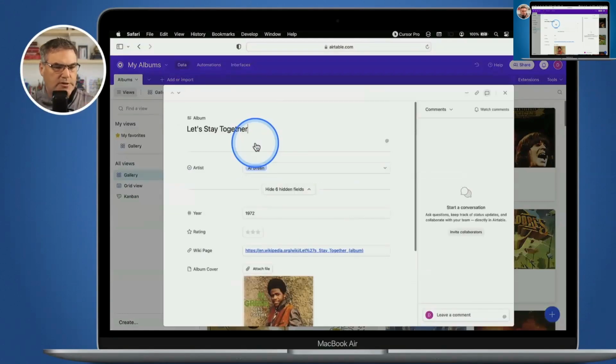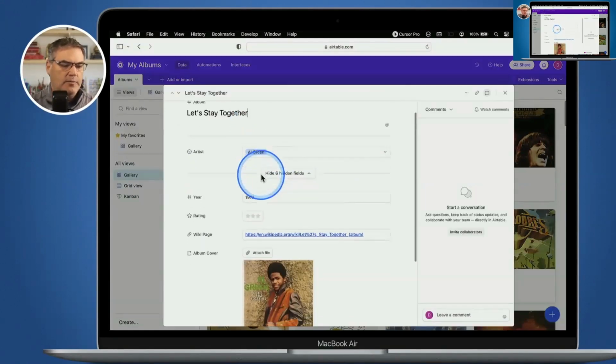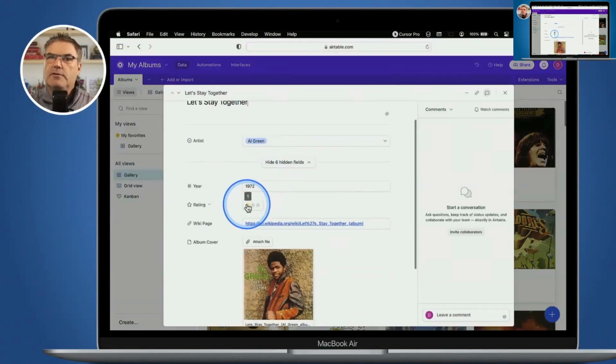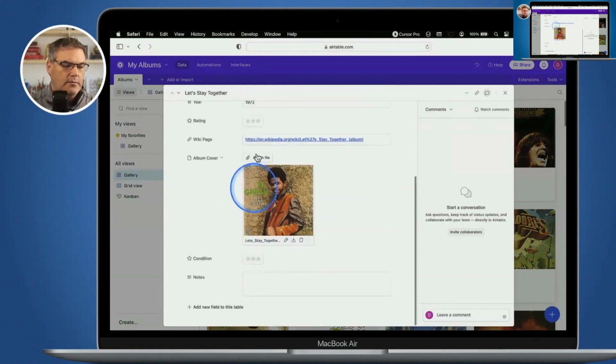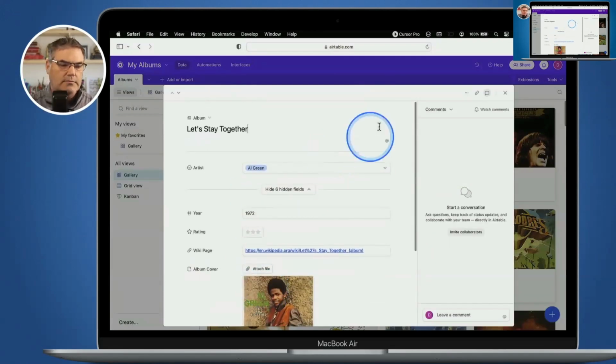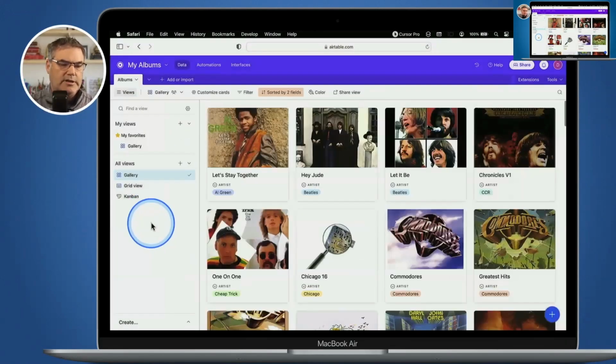What it does is it opens up in a little window here. And from here, I'm able to go and see all the different fields. So here's my rating, the wiki page. This is a link, and I have it linked to the wiki page. Here's the album. What is the condition? I can put any notes in here. And when I'm done with it, I just click outside and I go back. So in a nutshell, that's basically how you can use